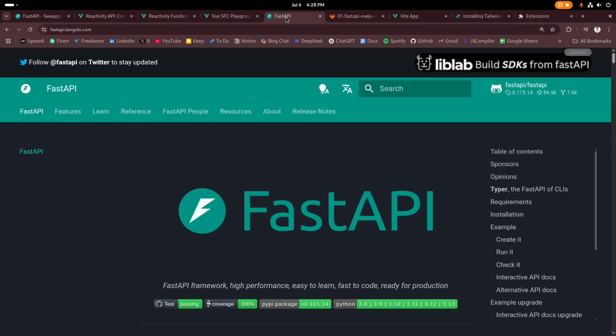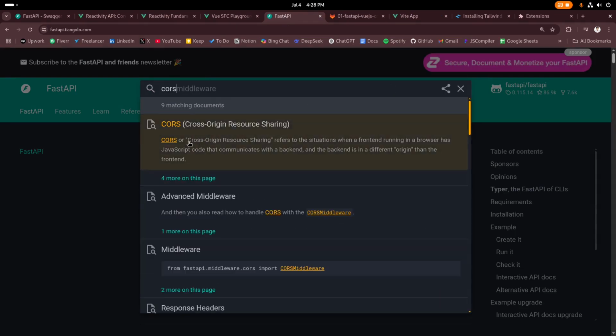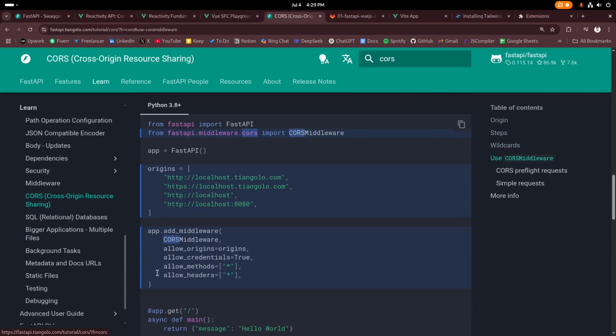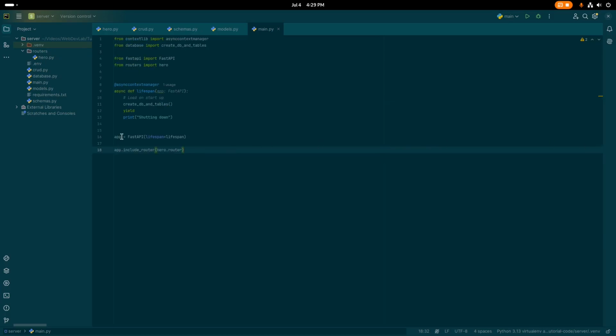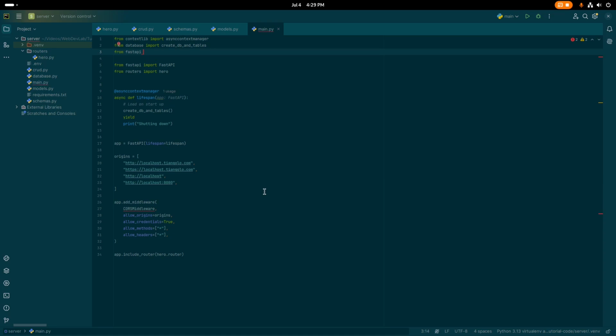Once again, go to the FastAPI website, search for CORS. There you can see how they have handled the CORS. This is the way to handle CORS. Okay, let me copy all those and go to PyCharm and in here let me paste them. CORSMiddleware, we need to import it from fastapi.middleware.cors import